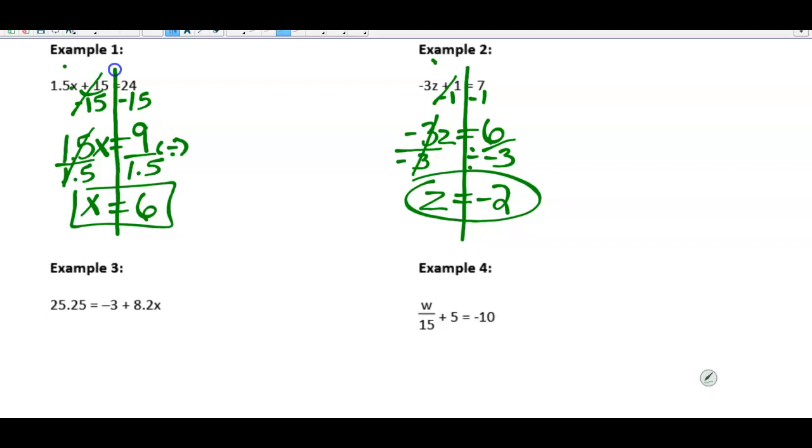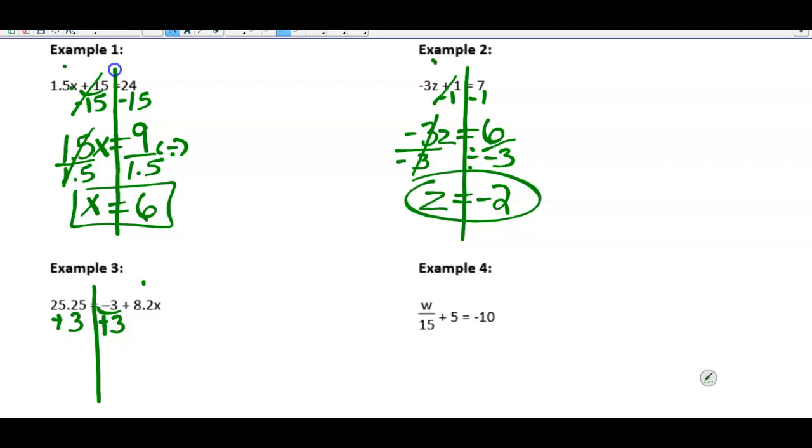Now this next one, let's take a look at example 3. It looks a little bit different. When I do the line, I'm working on this side over here, on the right side, because my variable's over here. So the steps are still the same. I'm just bringing things to the opposite side. So again, I look to get rid of addition or subtraction first, or the number that's all by itself. So I've got to get rid of this minus 3 or negative 3 by doing the opposite. So plus 3,